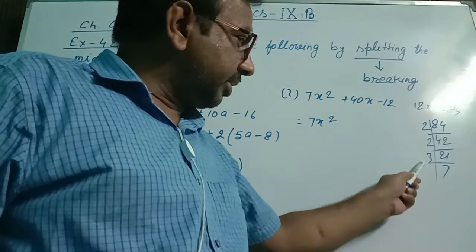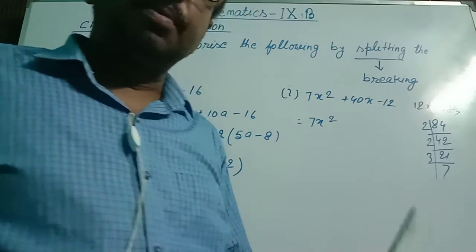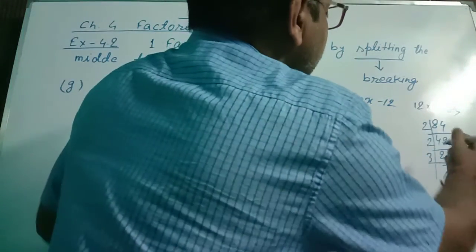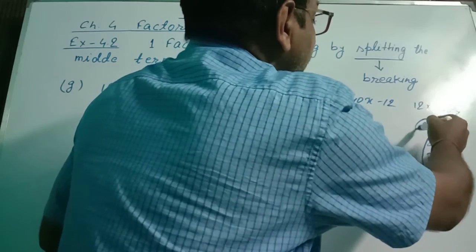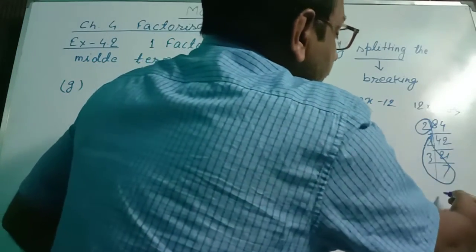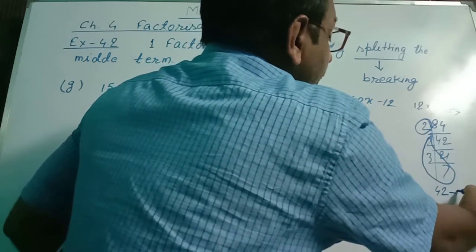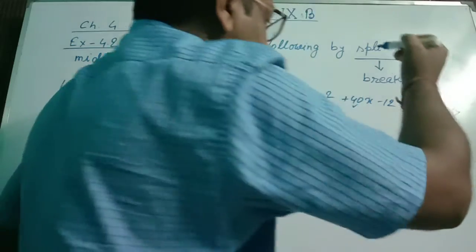From these prime factors, we prepare two groups of numbers. 2, 3 and 7 became the first group, and 2 is the second group. Now if you multiply 7 3s are 21, plus 21 into 2, we are getting 42, and if you subtract 2, then we are getting 40. And if you multiply these two, we are getting 84.